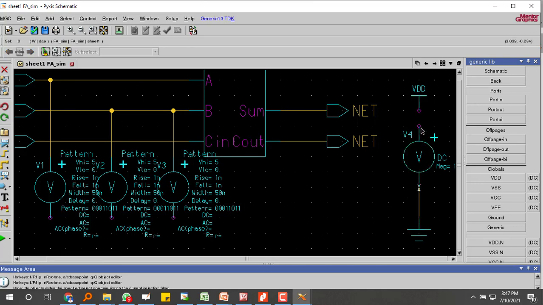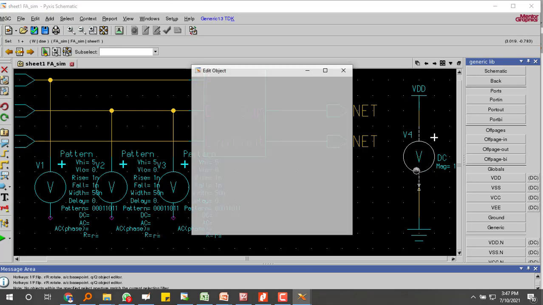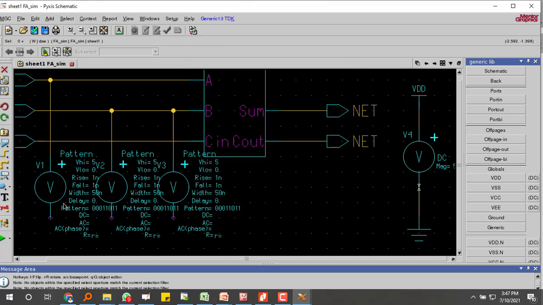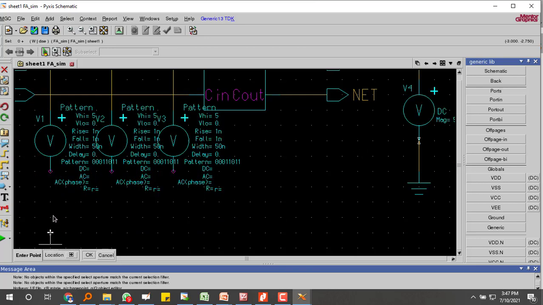So I will be connecting it. Always remember to change the VDD value to 5 volts, and connect all to ground potential.